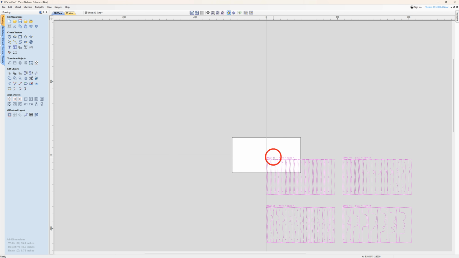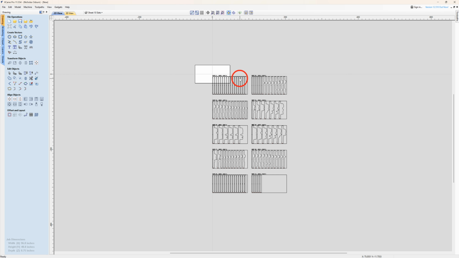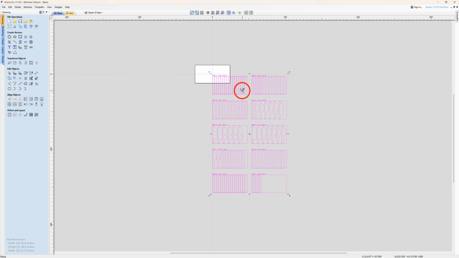That's it. Now you are ready to set up your toolpaths in your CAD software and start the CNC cutting process to create your own unique